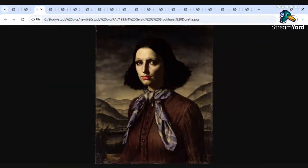Okay, let's go to a Gerald Brockhurst. I'm trying to think if we've had a Brockhurst before. I think we have had. Oh, we had the chap, didn't we? The sort of sulking guy. And he's great. But I think we're about to see Brockhurst's great period, really, which is the female portraits. Once again, if you remember his previous work, it's dark. It's about jewel tones, but also in terms of the figures themselves, he sort of suspends them in these ethereal dark shadow landscapes,